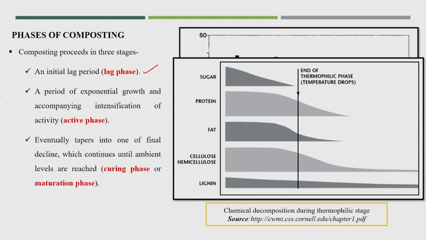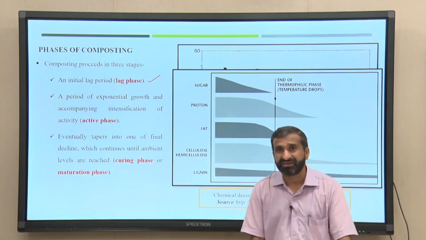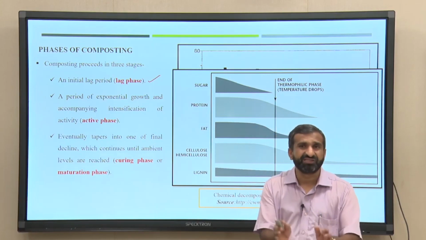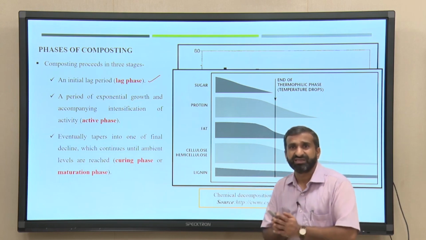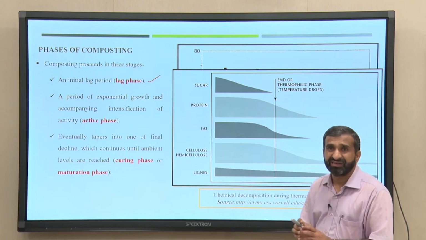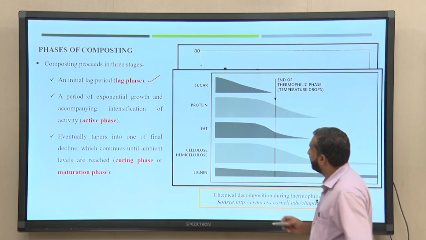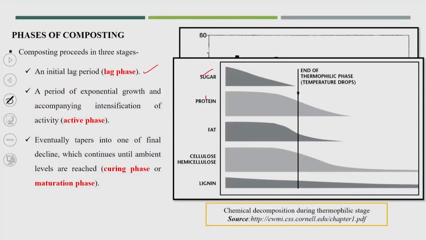Here you can see that when we say organic matter, we are talking about the organic fractions of the municipal waste, that is kitchen waste, which is organic in nature. So, what different components could be there? It will have sugar, protein, fat, cellulose and hemicellulose, and finally lignin. Sugar and fat are the carbon form, protein is the nitrogen form. That is why I said carbon and nitrogen are important to manage here.